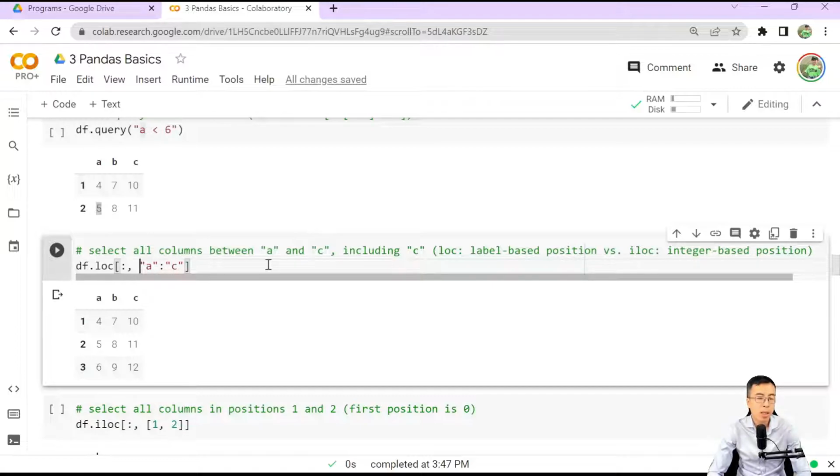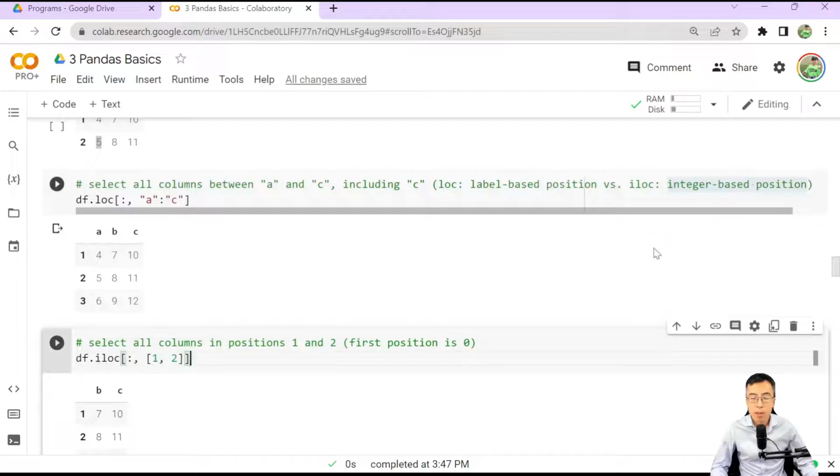And then, as you can see, the resulting data frame has all three columns, A, B, and C. So here, one caveat is you probably still remember that Python has a tradition of last position exclusive. So you may think that